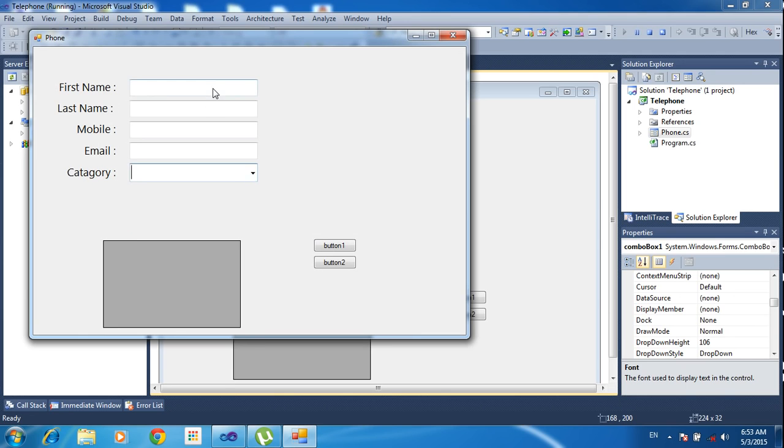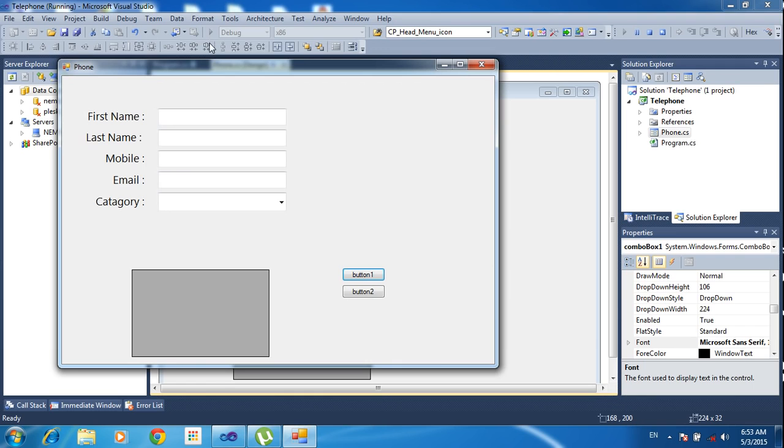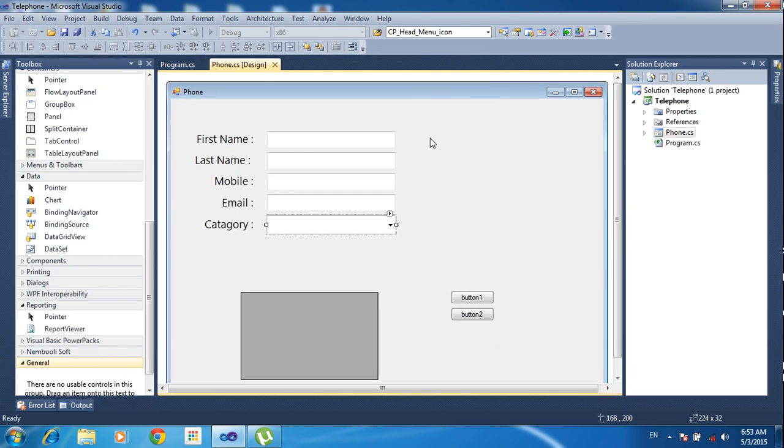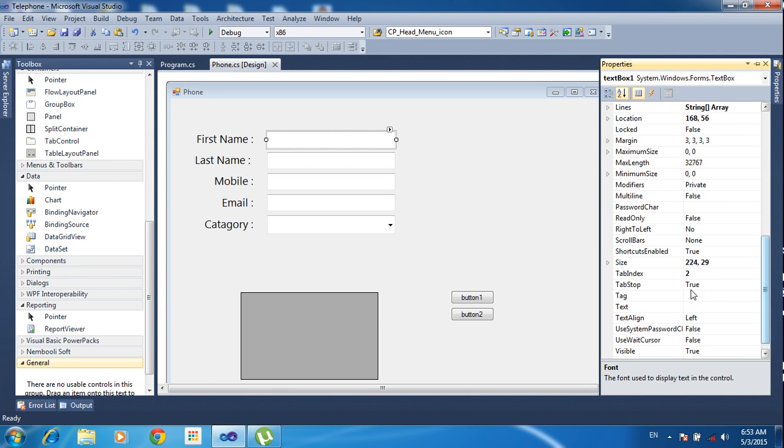Okay, here first name and last name, mobile number, email, and category. Once I run the project, the cursor will focus on this button one, but I need to focus the cursor on first name. So I am changing those details right now. You have to set the tab index first. So go to properties, the tab index is 0,